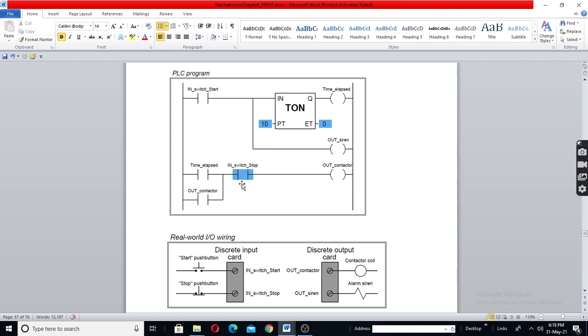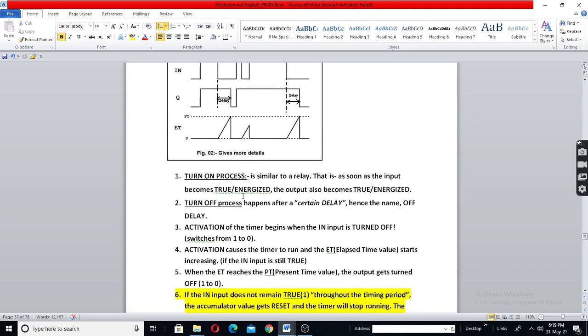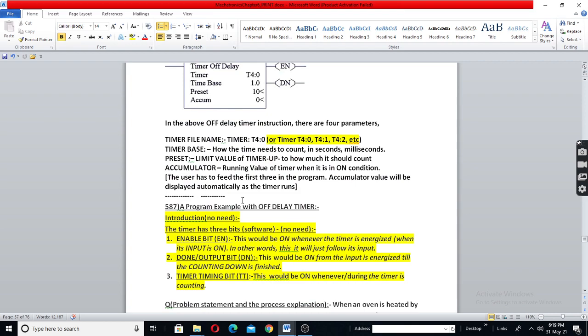This contact has nothing to do with that contact. You can program this as normally closed; we will see that later. It will read here, which we will explain in the next class. So this is regarding the on delay timer.